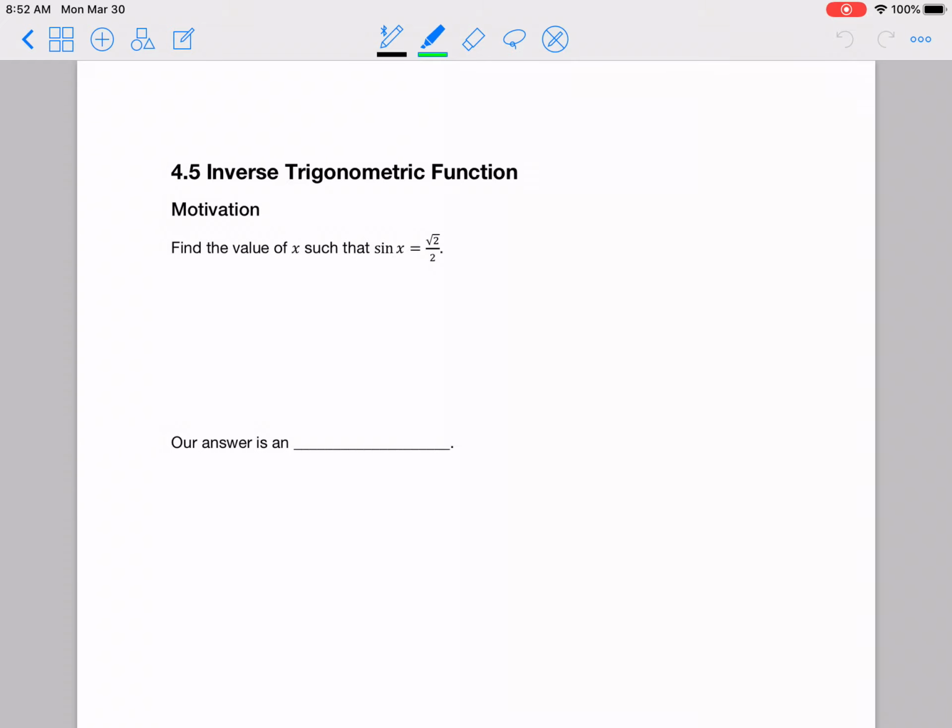All right, good morning. Going to go ahead and do 4.5 right now. Basically, what we're going to start looking at is the inverse trigonometric functions. Just like the other operations we've been looking at, these have operations that will basically do the opposite of them, or undo them. And just as a reminder, when we have a right triangle like such,